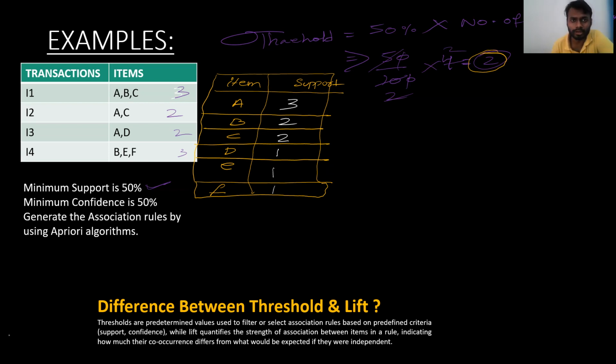So now you already calculated the support part, right? Yes or no? So now, what do we have to do? Here, our threshold value is 2. So if any product, if you want to find out the support, if support is less than 2, then we don't need that one. You have to cut that one. That is not the best thing.